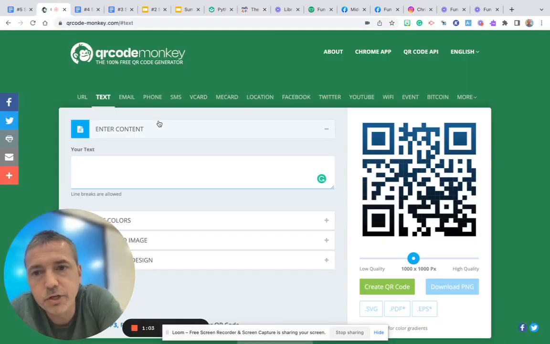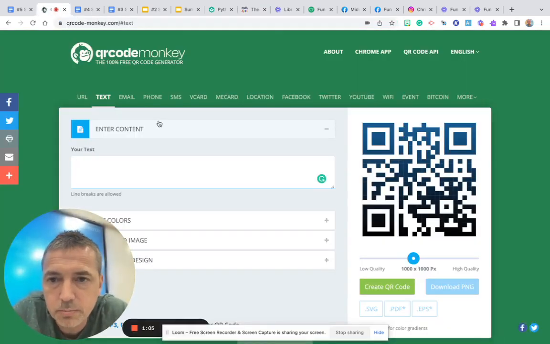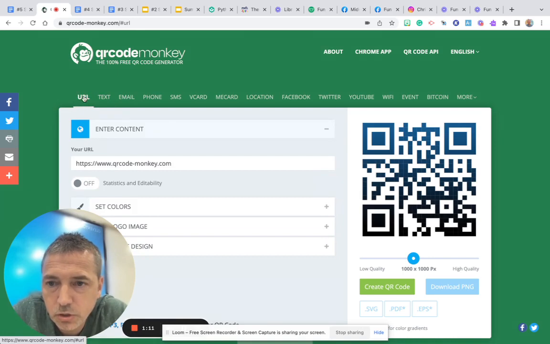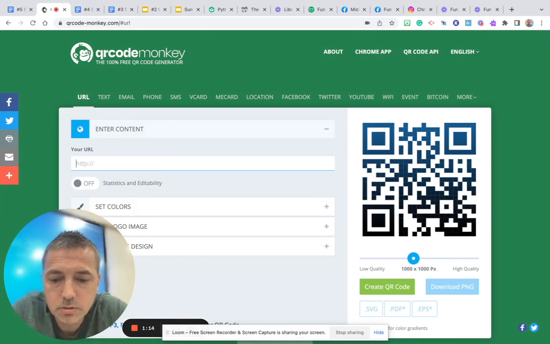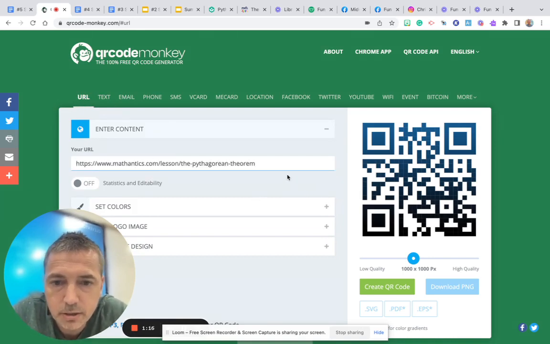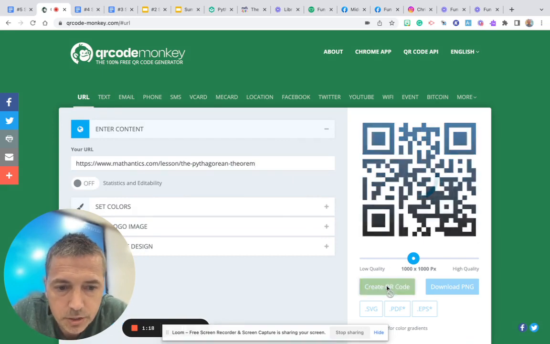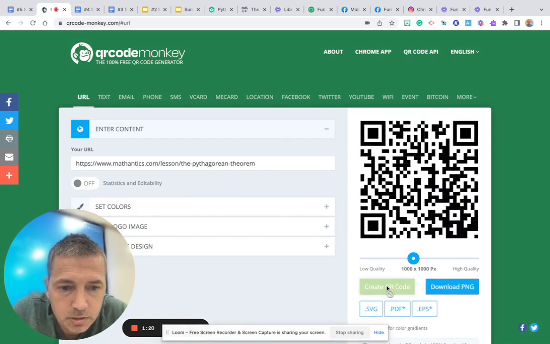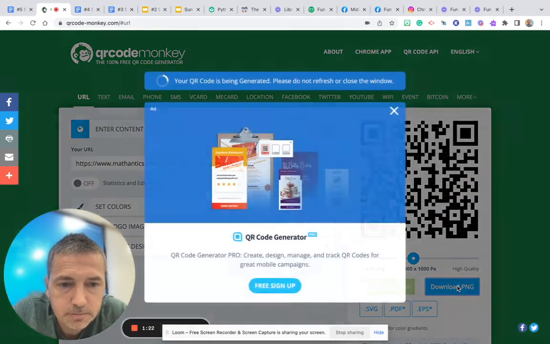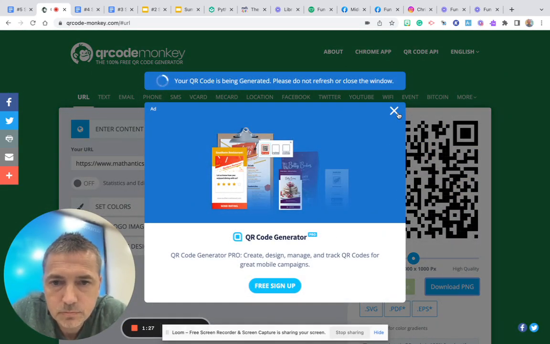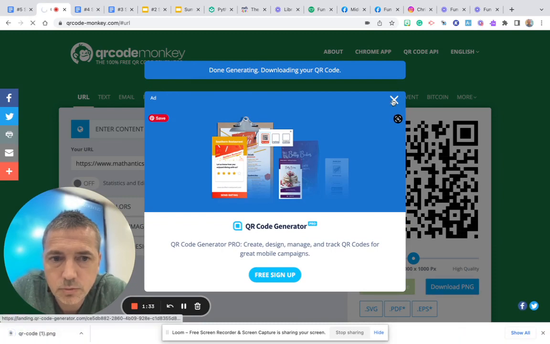There's a lot of different free QR code websites. This is qrcodemonkey.com, and you don't need an account. You can use it for free. And so you would click URL, you would paste the link in there, and then you're going to create the QR code. So then I'm going to download the PNG. Okay, once it's downloaded,